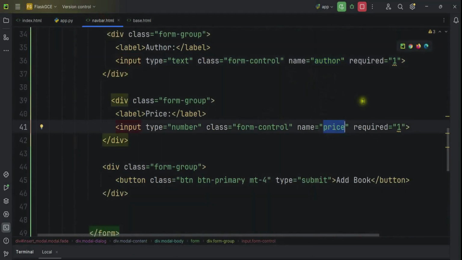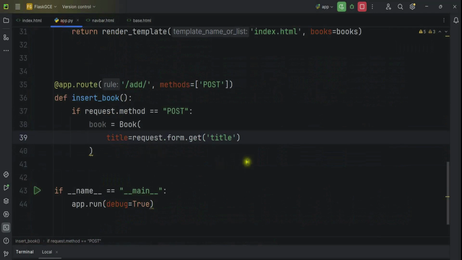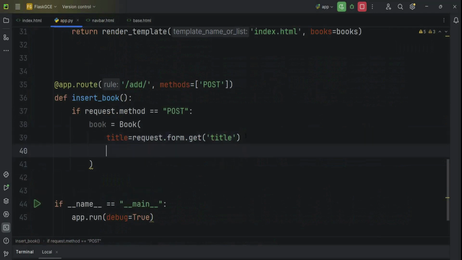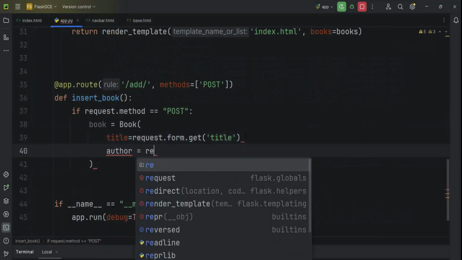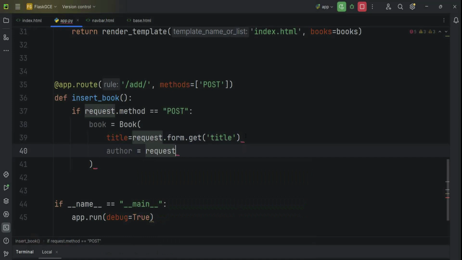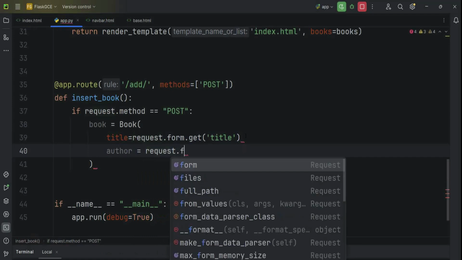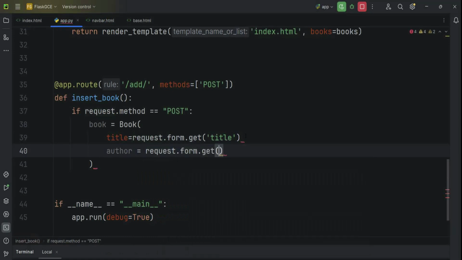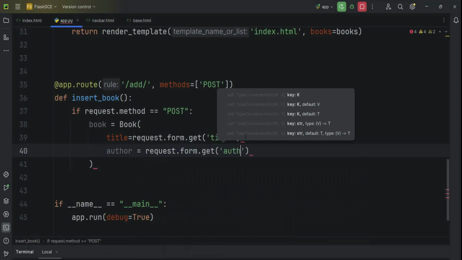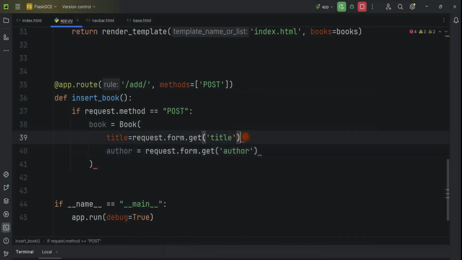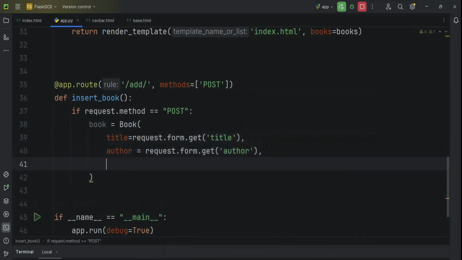So we are going to use that. We have the title and the author, request.form.get author, and we have the price,